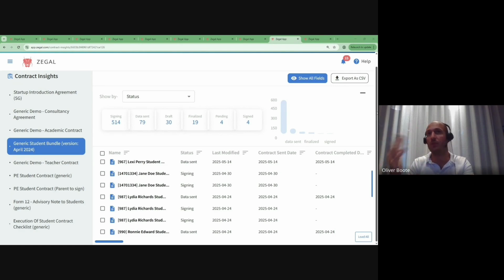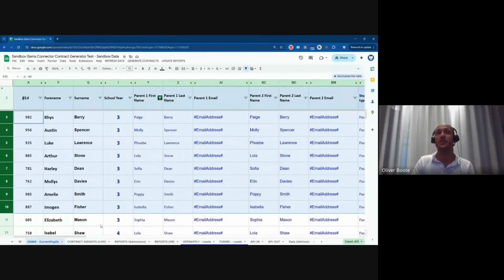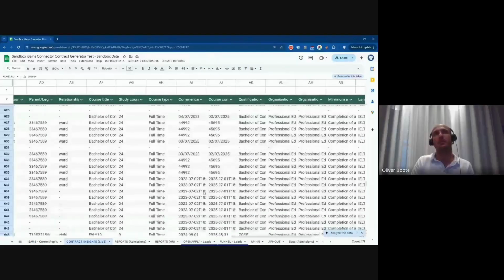A simpler form of doing that is also to use, again, something like a spreadsheet. And so we have a connector that we can connect to either Google Sheets or Office 365, which allows pulling in that same